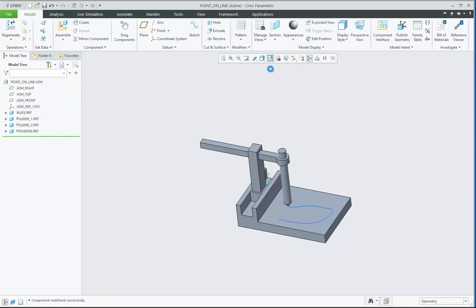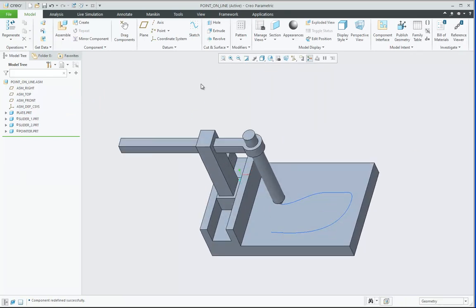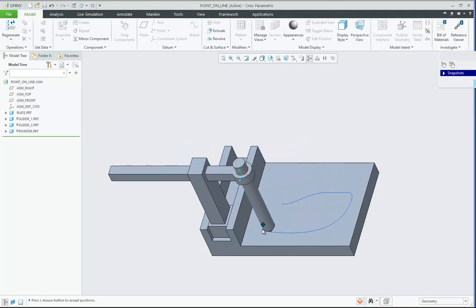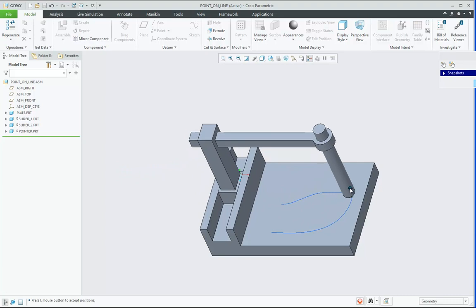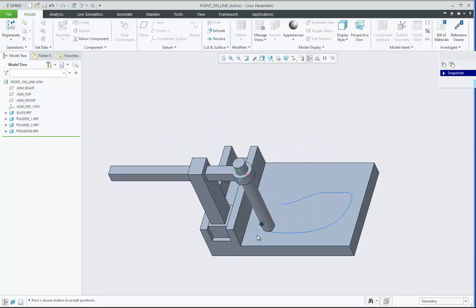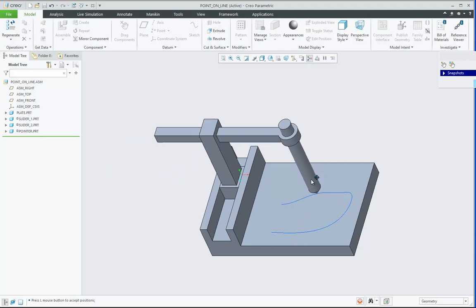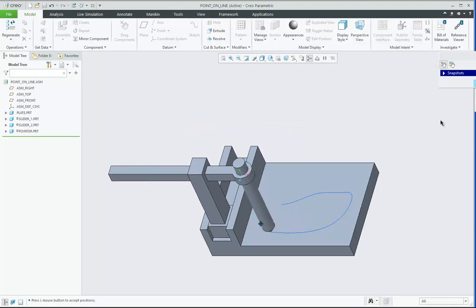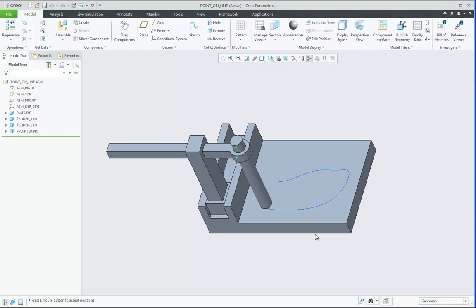Now if I just drag this pointer, it will follow the path which is given to it by the curve, because there is a point on line connection and the movement of this thing is taken care of with the help of two slider joints. So this is a very brief about the mechanism.